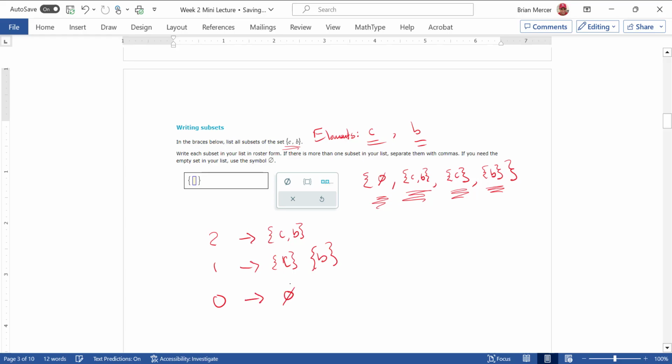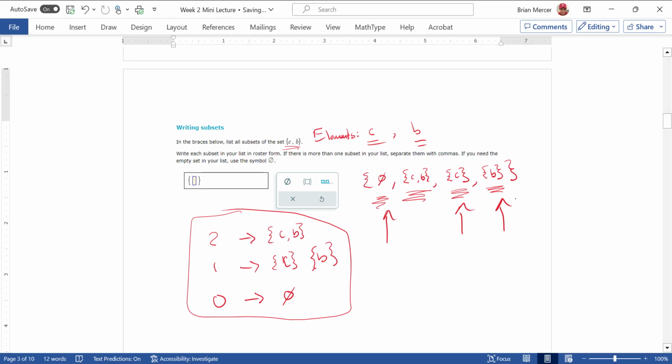That would be the empty set. So sometimes we list them in a different order, maybe sorting them by the number of elements. But this, thinking this out, is a way of knowing, or at least making sure that you've captured all of the possible subsets. And any subset not containing every element of the original set, so those 3 there, would be